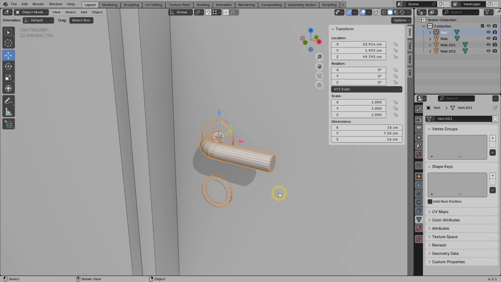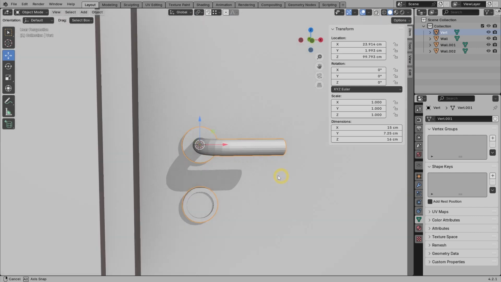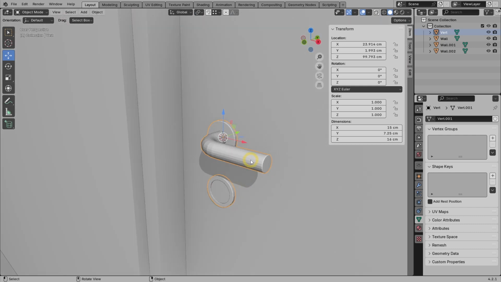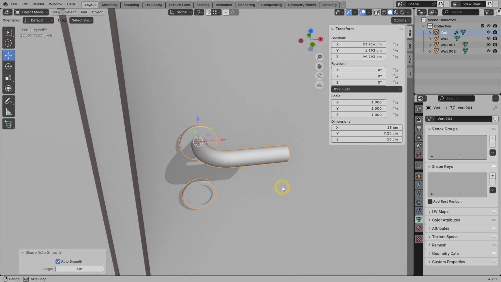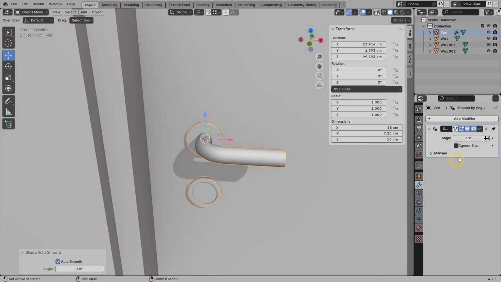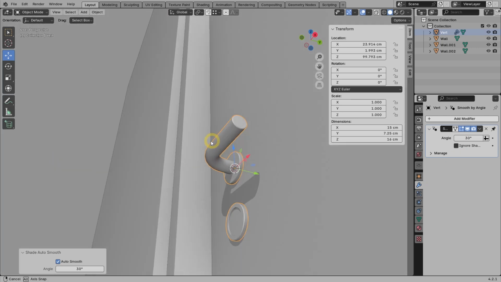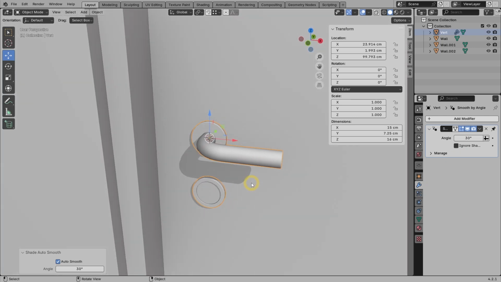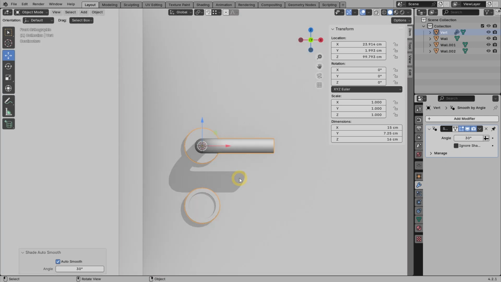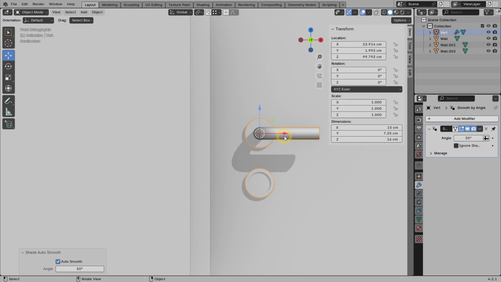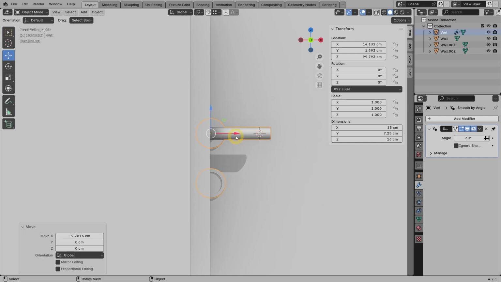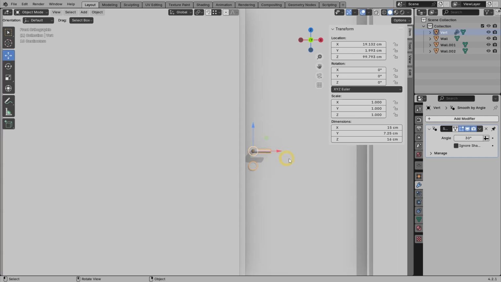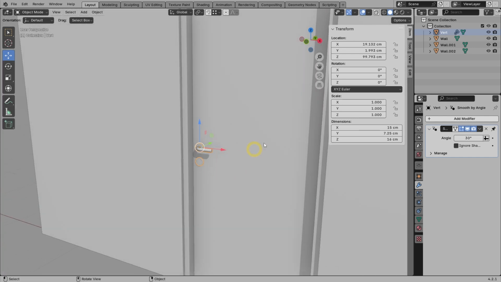But if you look at the shading, the surface looks too jagged. You need to set the shading type to auto smooth. If that is not enough, you can further set the angle value in the modifier panel. But I think for our case, the default value of 30 degrees is enough. Next, you need to shift this a bit so it is around 5 centimeters from the door border. And let's make the height of it at 1 meter.